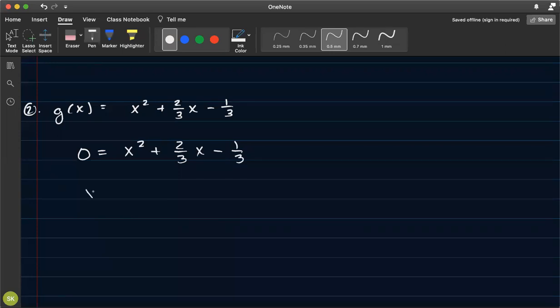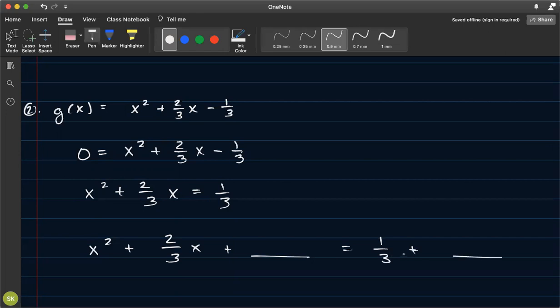And I'm going to flip, I'm going to take the mirror image here. So if I put the 1/3 here, I just flipped it so I have this piece over here and that piece over there. And then we're going to do the same thing I mentioned before, which is I put a big blank here and I put a big blank here. And I take this number in the middle, which is a positive 2/3, and I divide it by 2 and I square it. Same thing over here,